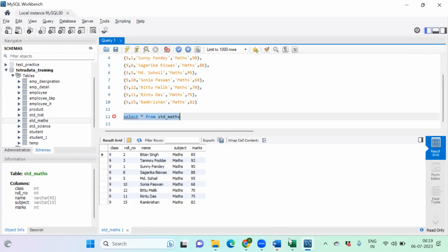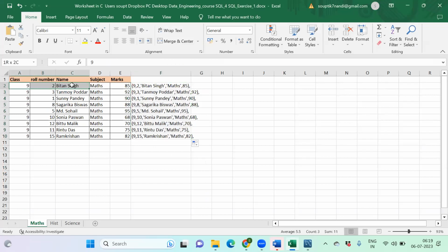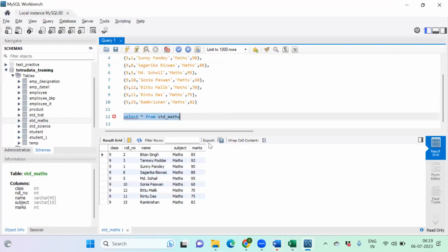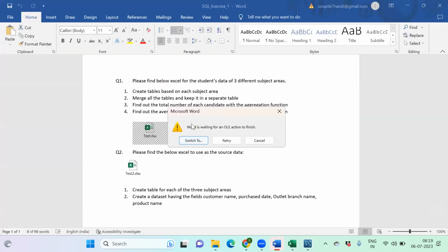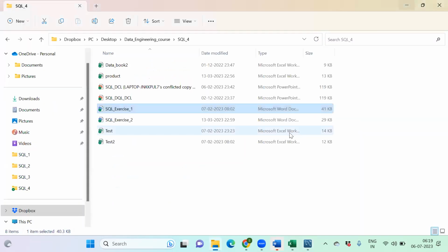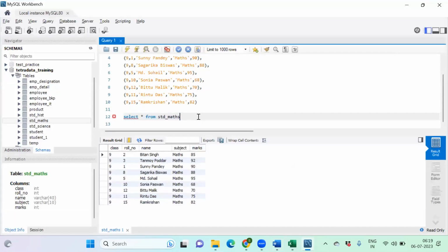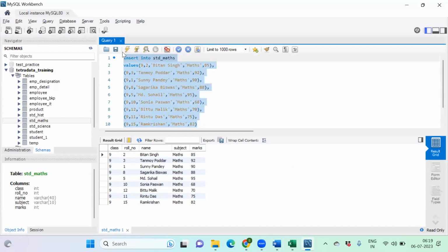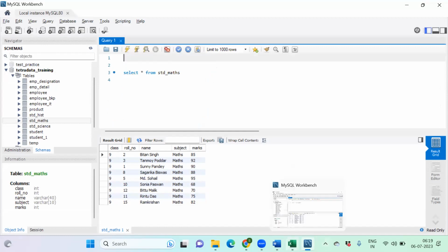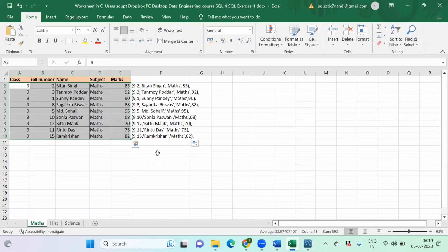Okay, we can see in the Excel what's the data over there. It's been captured over here. Okay. So it's completed for maths. The similar kind of thing we need to do for other subject areas. As the Excel formulas are pasted over here,